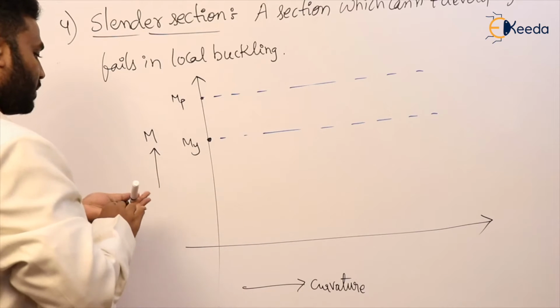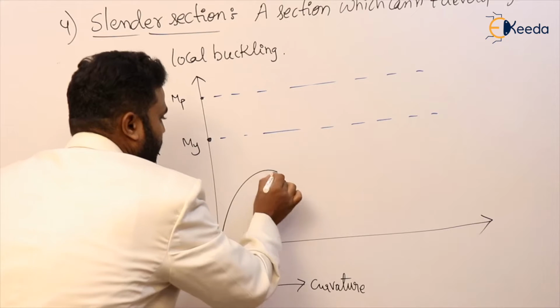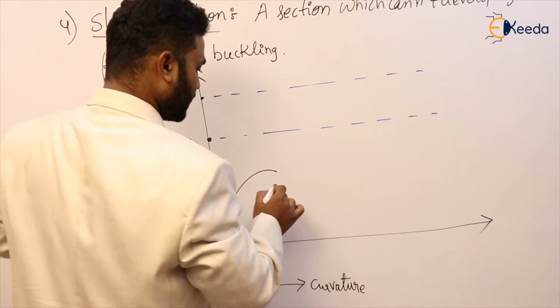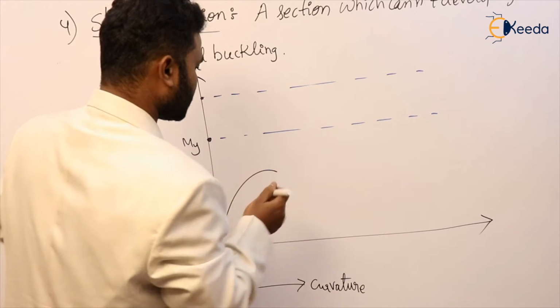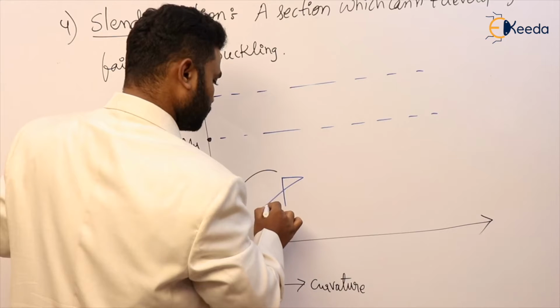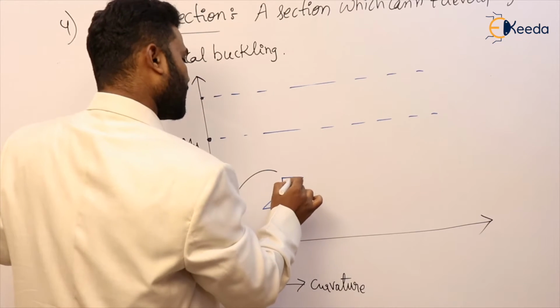If you observe here, for a slender section, the graph will be like this. It means the stress level. If you see the stress diagram for a slender section, at extreme fibers the maximum will be there,